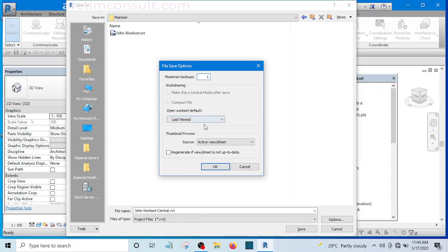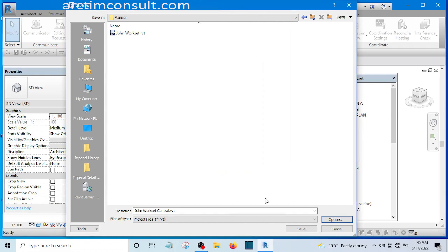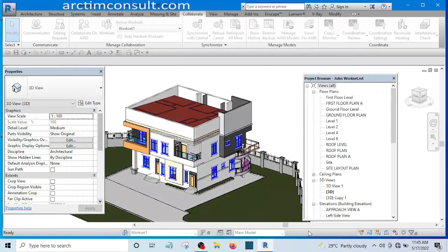I like to make it 1 so that it doesn't overload my system. And this open work set default, I'm going to take it to all, and that is all we need to set for now, and hit save. Now we have a central file now,